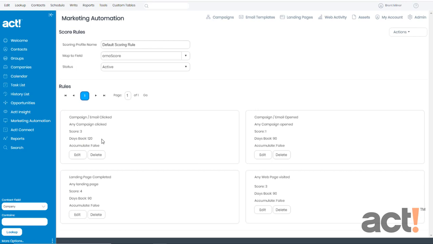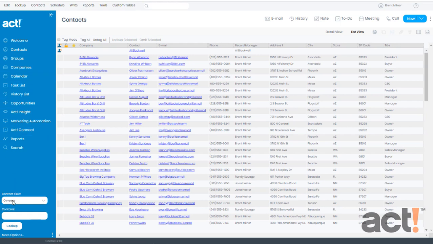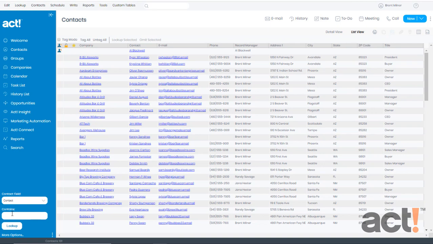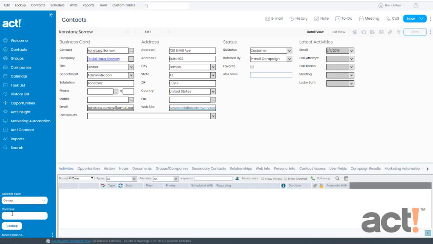Okay, now let's see how marketing automation displays the scores back to you in your ACT database. I'm going to begin by looking up a contact record in my database. Now I know that one of my contacts, Constance Sorrow, has interacted with my campaigns. So I'm going to go to the detail view of her contact record. Immediately, we can see that a new AMA score field has already been added to my layout. Constance has a score of 1 in this field, and that's decent information, but I'd like to see a breakdown